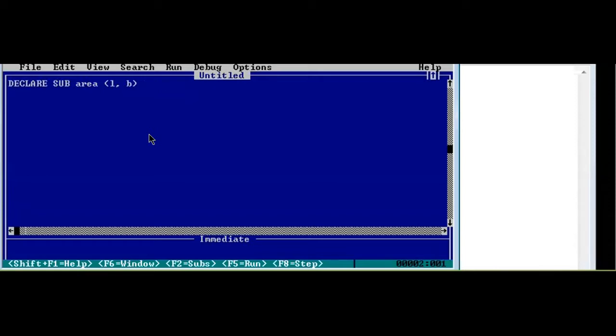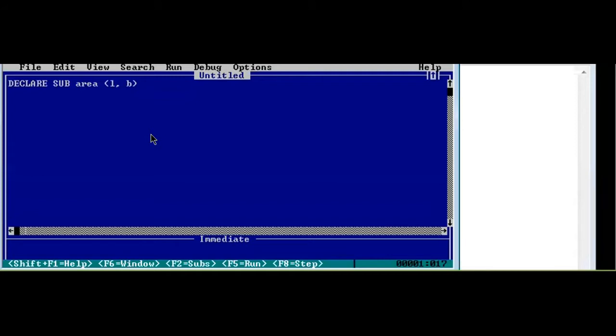So this is how we basically declare. Write declare, write sub, then write the sub procedure name. Since our program is related with area, I'm using the sub procedure name area. If it was related with volume, I would have written volume. The point I'm trying to highlight is that whatever sub procedure name you type, give a name that makes sense, so that anybody who sees it may be able to guess what the program does, making it easier to understand.